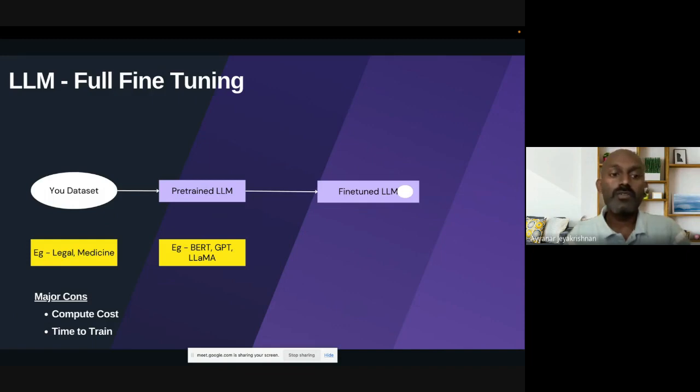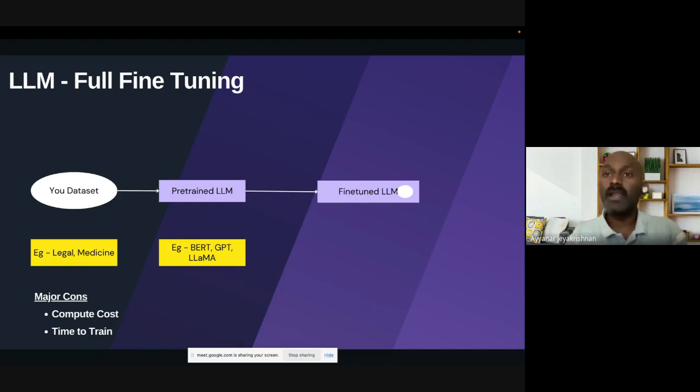Then there comes the fine tuning. Here you have a data set where you already have a pre-trained model. Let's take one open source model like Falcon 7B, Bfloat16. You can use GPT-J, BERT is a classical example. You can give your own data. Let's say you are from the medical profession or the insurance profession, you can give your own data and use the pre-trained model and fine tune the model with your data.